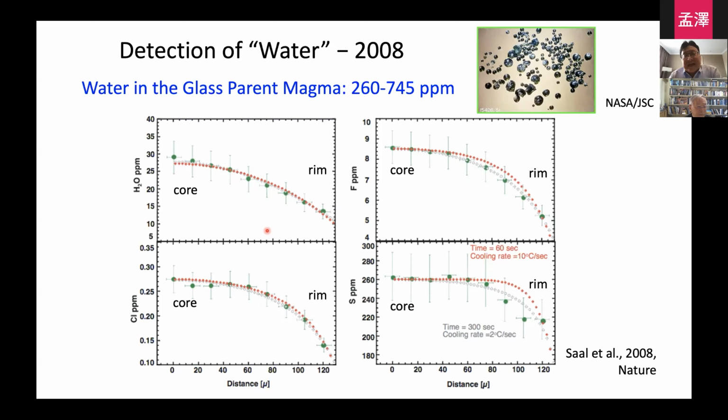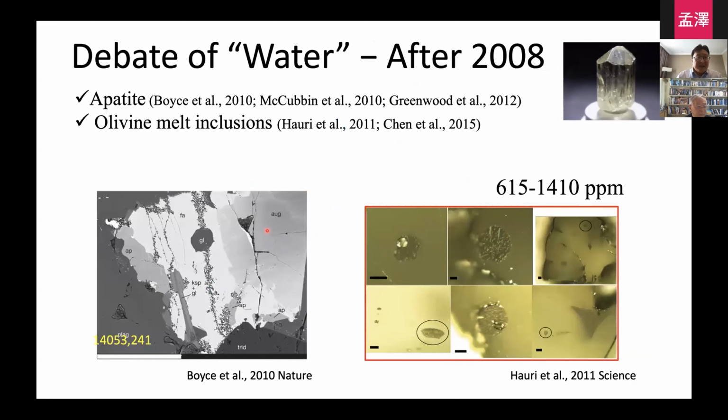That showed that these basaltic magmas could contain up to 750 ppm water. So this is a completely different view from the bone dry moon. They showed that it's a wet moon,